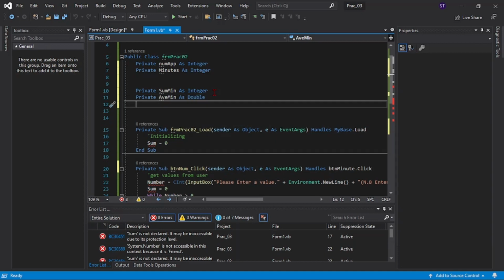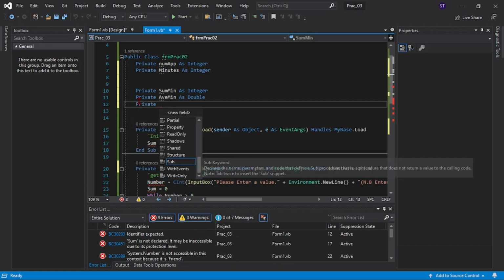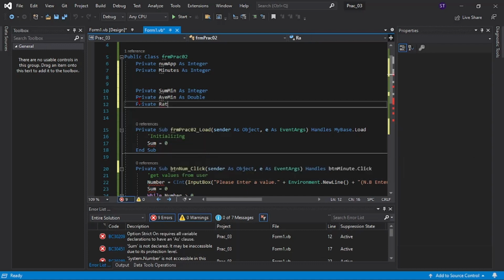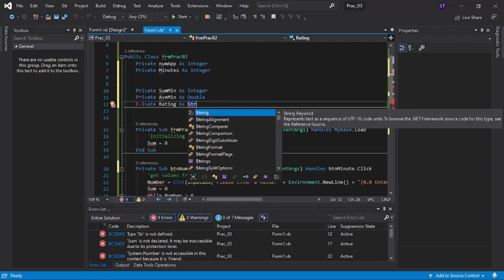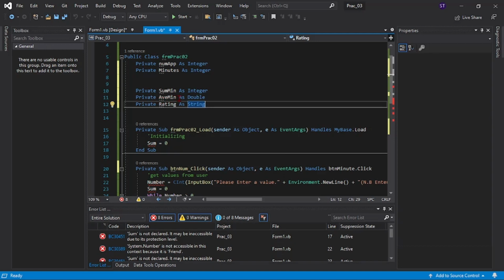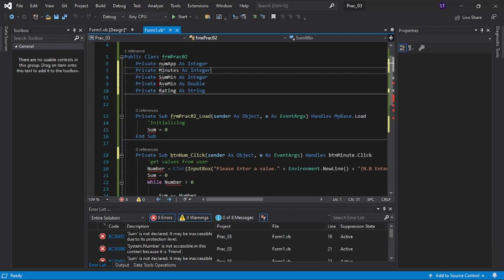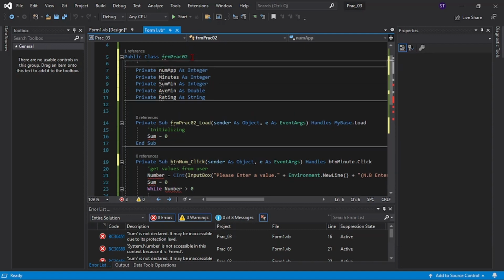Remember, an average can come in the double manner. And then we're also gonna have a status. We can say rating as a string this time around. I think that's all we're gonna be needing. That is all. Remember, commenting, you get marks for commenting. Declarations,